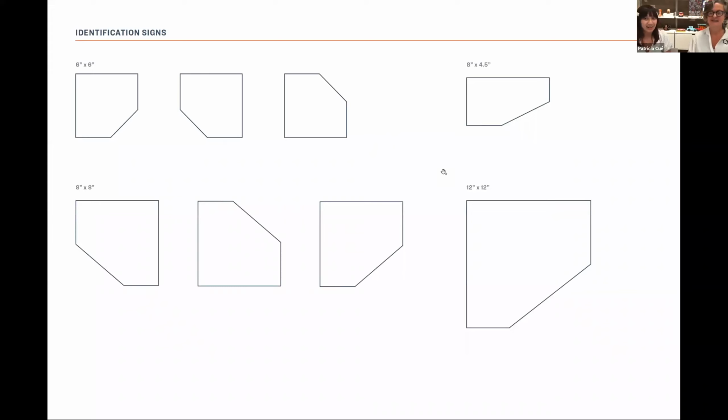And these are different identification signs. So we have four different sizes, 6x6 being the smallest, 8x4.5, 12x12, 8x8. We still wanted to have some flexibility, so it's essentially a square with a notch cut out. We have some where the right notch is cut out, the left where we rotated the square, and going back